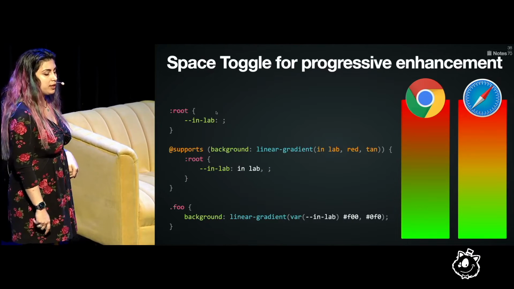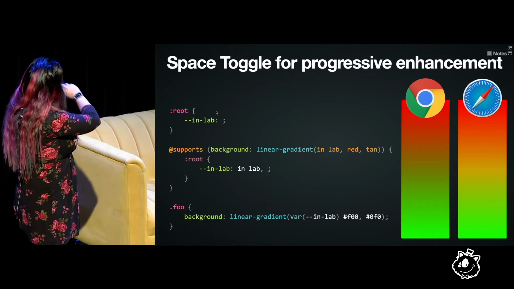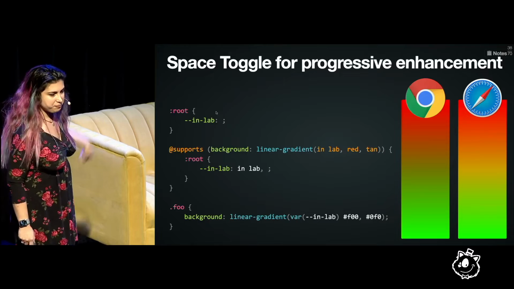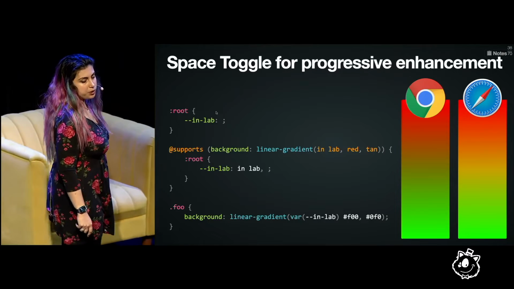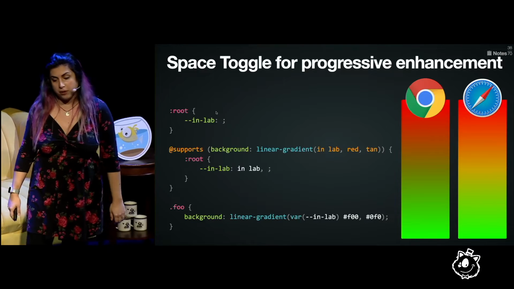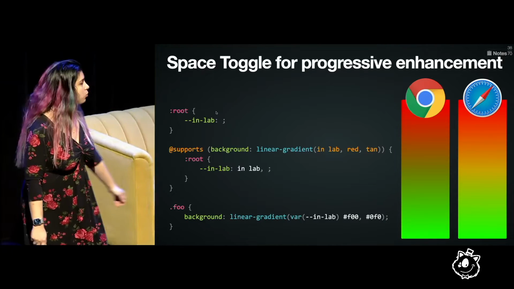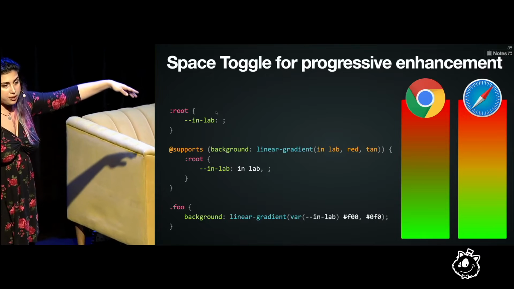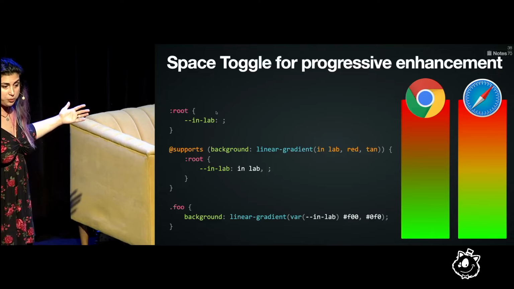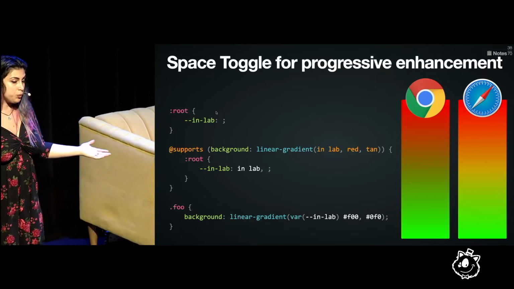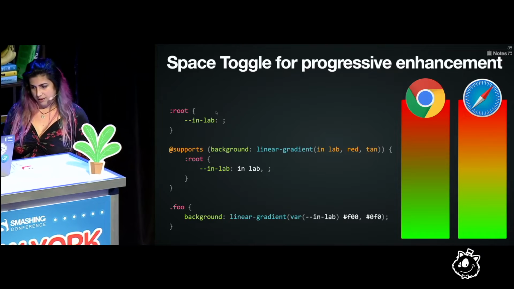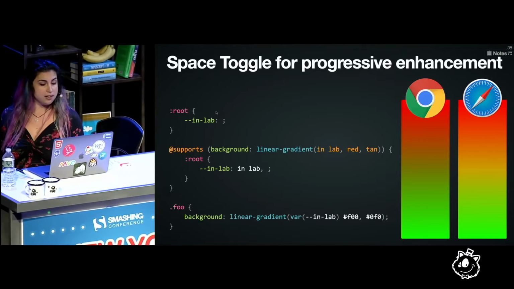We can globally set an inLAB token. Notice the comma is important. And then in every gradient we define, we just use this variable in the beginning. And we only define it once, and this variable resolves to inLAB in browsers that support this feature, and to nothingness in browsers that don't support this feature. And we get nice gradients where we can get nice gradients, and old-style gradients where we can't. And once Chrome implements them, we get nice gradients in Chrome immediately.